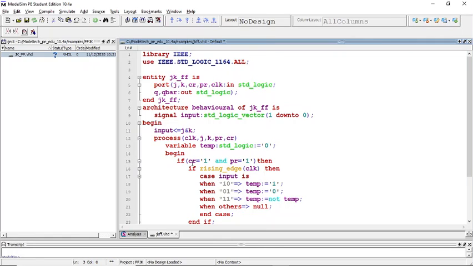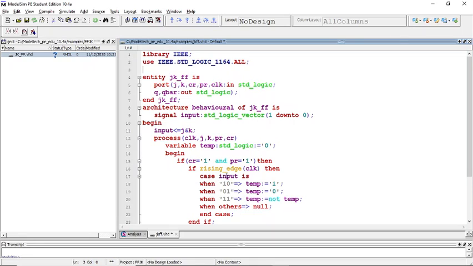So if CR equal to 1 and PR equal to 1, then, and also we have seen that it is a positive edge triggered JK flip-flop. Positive edge triggered JK flip-flop means the JK flip-flop will change its state only on the positive edge of the clock, or positive edge of the clock is also called the rising edge of the clock. Hence I am going to write the code as: if rising edge of the clock, then